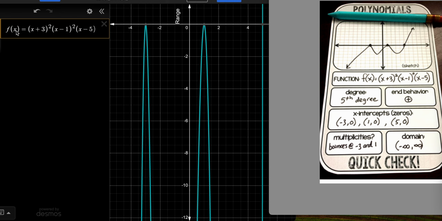So function f of x. Now remember, f of x is nothing but your equation y equals or a function of x. Okay, so here you have x plus 3 the whole square times x minus 1 the whole square times x minus 5. Now you can see that this function has certain features, and prior to this you should have checked